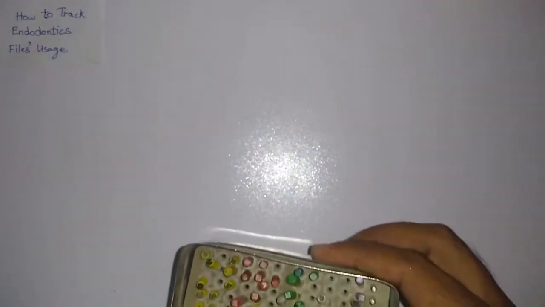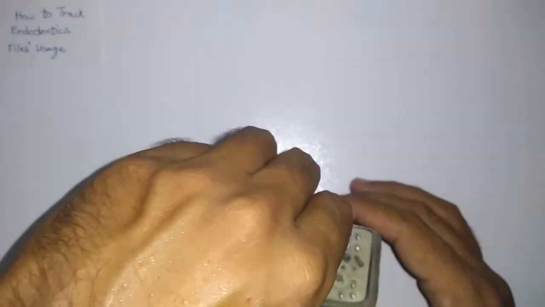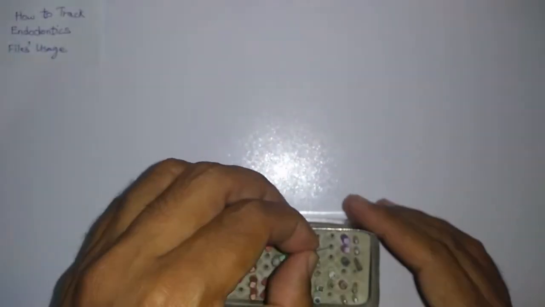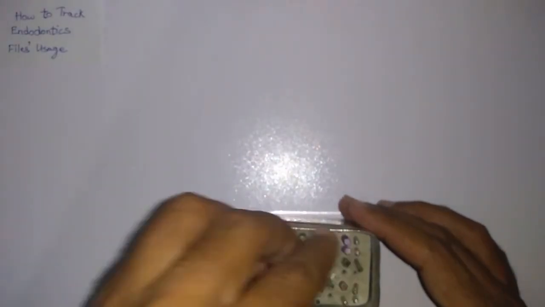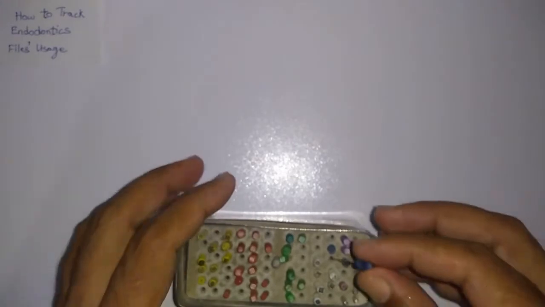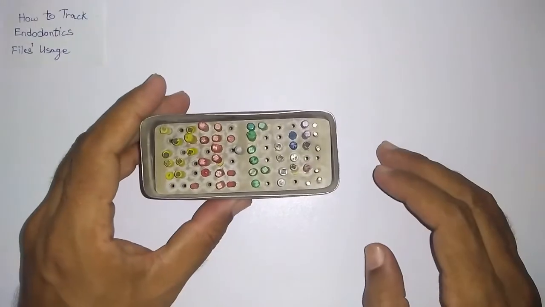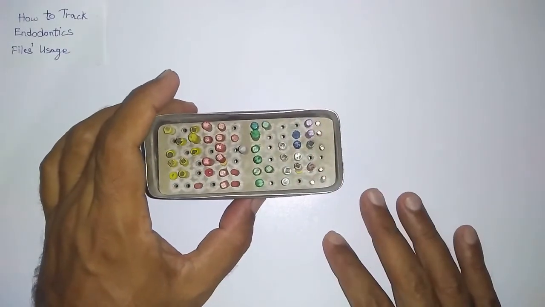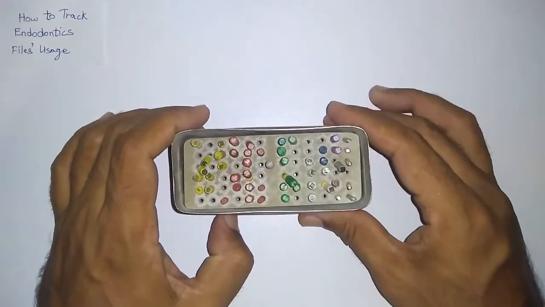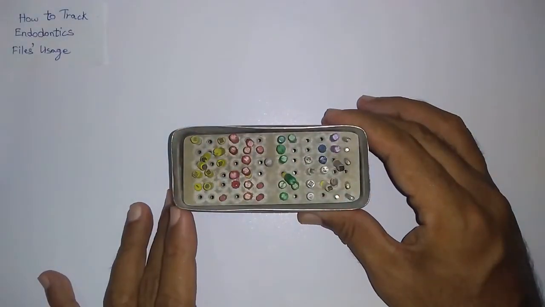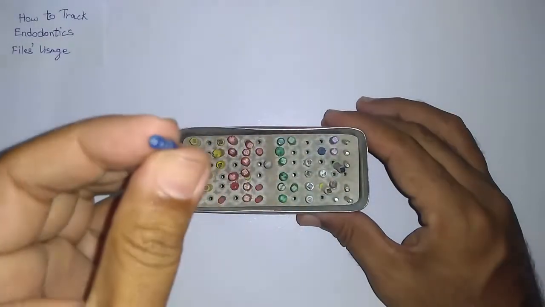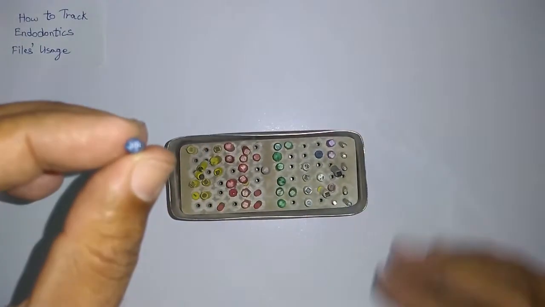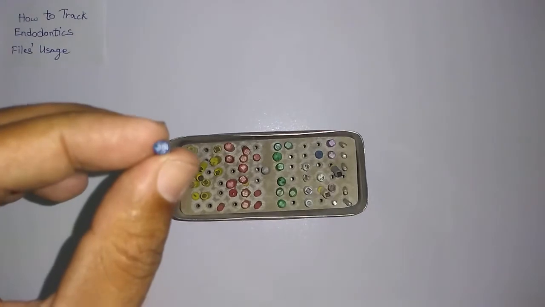You can keep the file in your file box and every time that you take out your file, you'll be able to know with certainty which files you have used how many times. Like you can see here, so many files are placed in the file box. Now for example, I want to use the 30 file. I just took it out and I just checked the indentations on it, how many times it has been used,